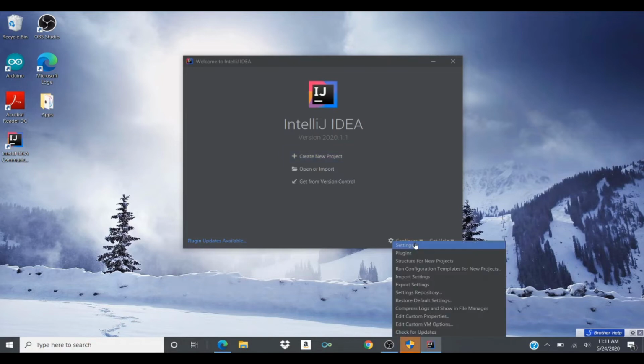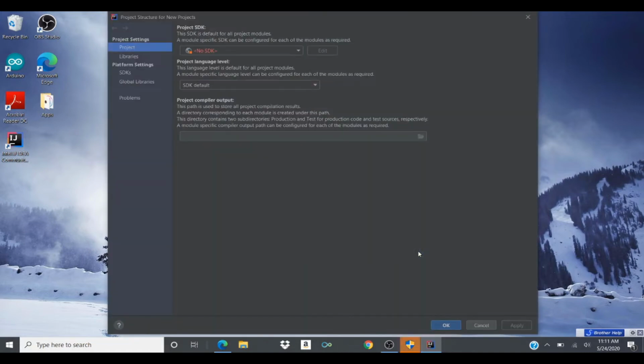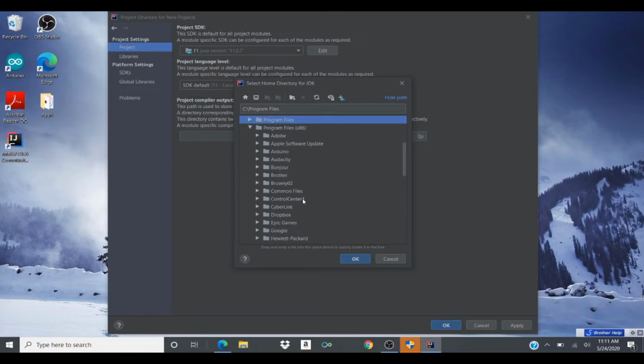So we're going to click on Configure, and then we're going to go to Structure for New Projects. And now you go to the Project tab, and as you can see for me, it says No SDK. And yeah, if it says here, you can click on 11 Java version. If it doesn't show up, then you can click here and then click on Add SDK, JDK, and you can go. So we installed ours in our program files, so you have to remember where you installed it, and ours was installed